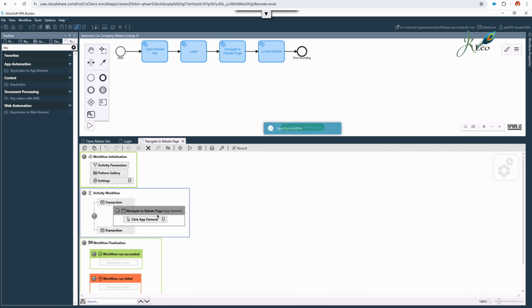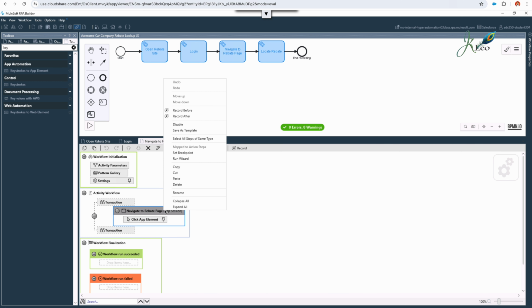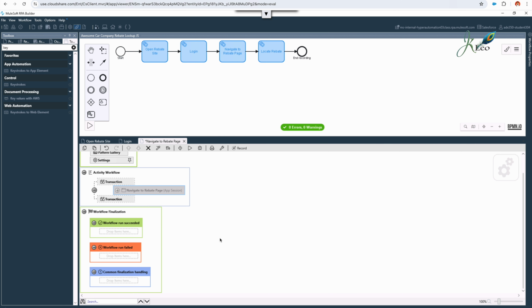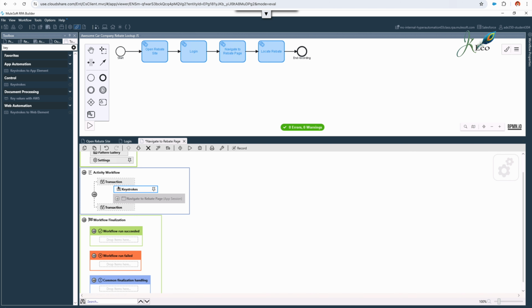One thing I would like to tell you here is this is all the login that we have done so far, and before that, the open browser, the first step that we have deleted, that has not been really deleted, but it is part of the open rebate site tab here on the gray bar that you see. So right now I have clicked on navigate to rebate page flow or activity. In that I have disabled the existing activity, and now I am selecting the keystrokes from the toolbox and